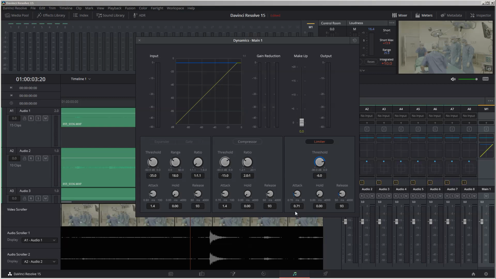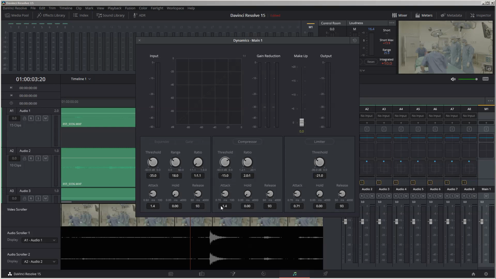For the attack, I would recommend you just keep the default value, one of the exceptions for Blackmagic software. It's kind of fine. You can move it up to 1 millisecond. It just needs to be quite fast. And for the release, it's fine, although you notice that it's 93, 93, and it was 93 here. So the moment you see a release for gate, release for compressor, release for limiter, these things do different things, and you still see the same default value, it's a copy-paste.